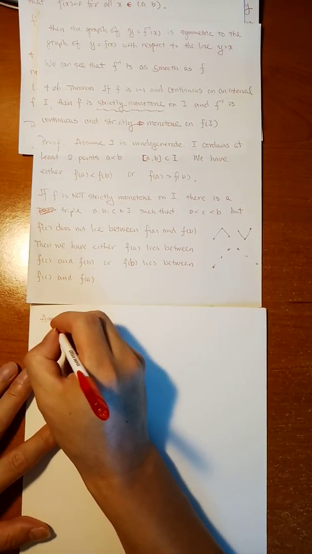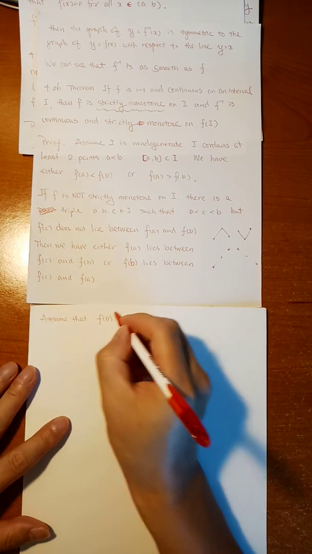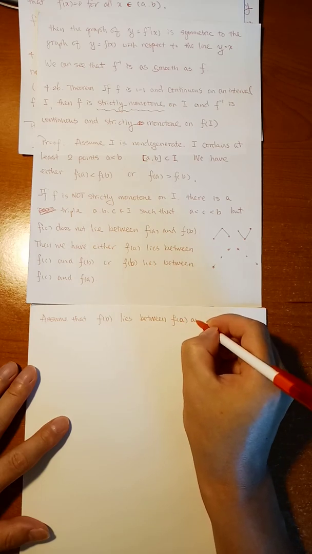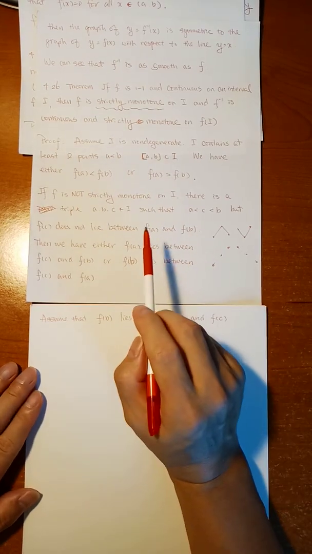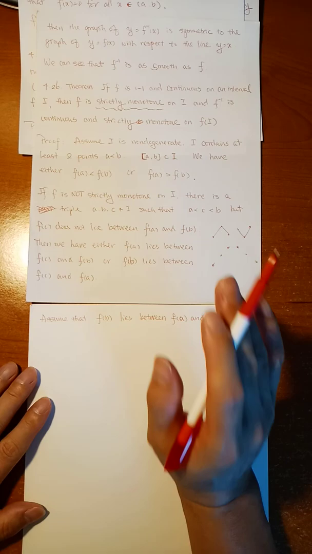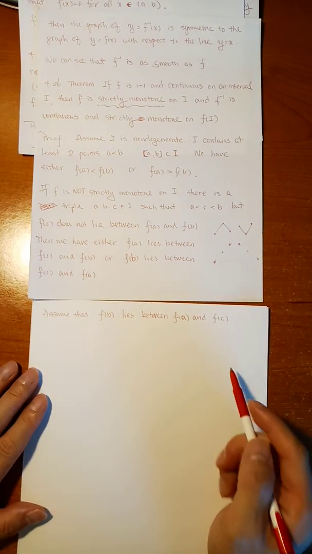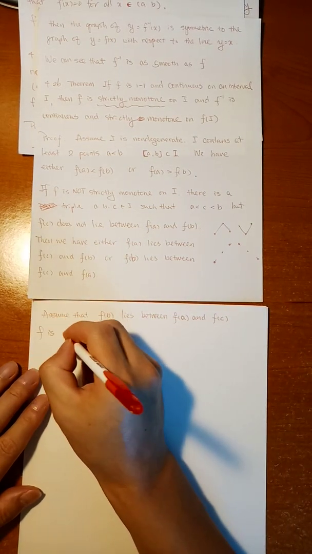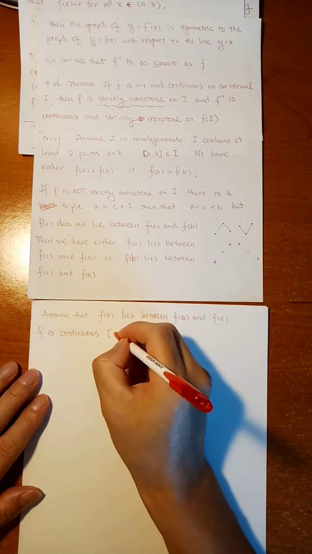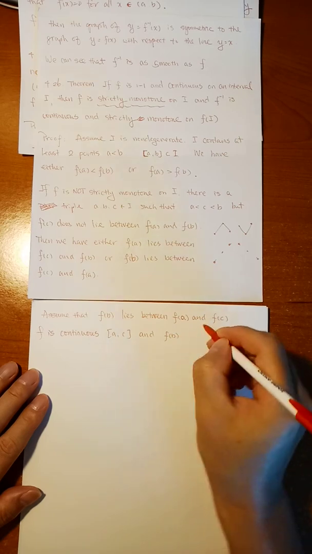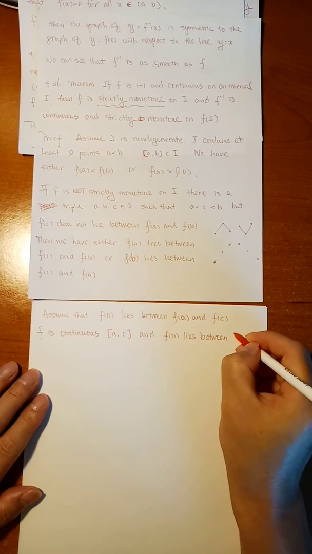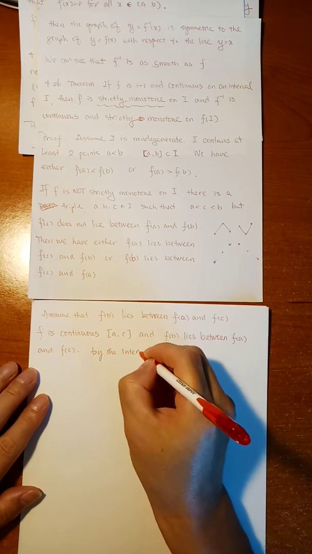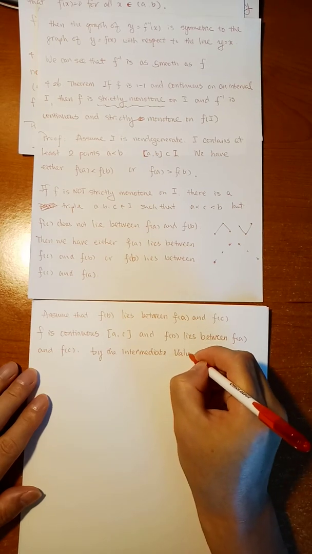So assume that f(B) lies between f(C) and f(A), or f(A) and f(C). Now remember, this theorem does not require differentiability, so we don't know if the function is differentiable or not. We only have continuity. A continuous function has the intermediate value theorem. So f(B) is between f(A) and f(C), and A is less than C. f is continuous over the closed interval AC, and f(B) lies between f(A) and f(C), so by the IVT, the intermediate value theorem,